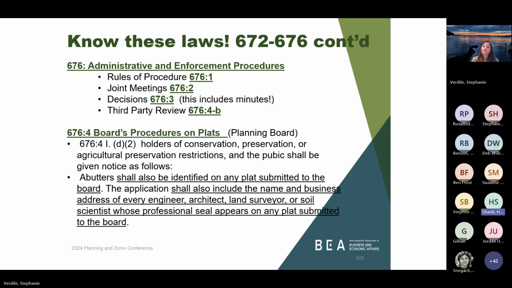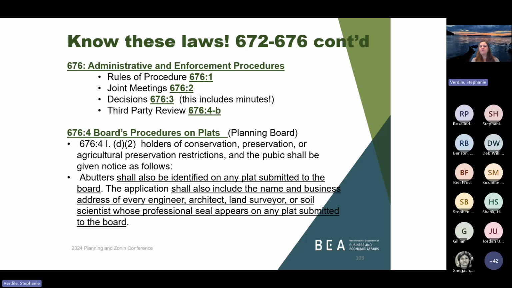Yeah, absolutely. It's almost just another educational opportunity for you to realize what types of things can be important. Right, right. And as a matter of fact, I know it's zoning board, but I don't know the RSA off the top of my head. Maybe Steve will find it by the time I get done. But ZBAs also have the ability to use a third party review. So if you have a special exception coming to the zoning board of adjustment, and it's pretty technical for whatever the use is, the ZBA has the same exact ability as the planning board to get that third party review.